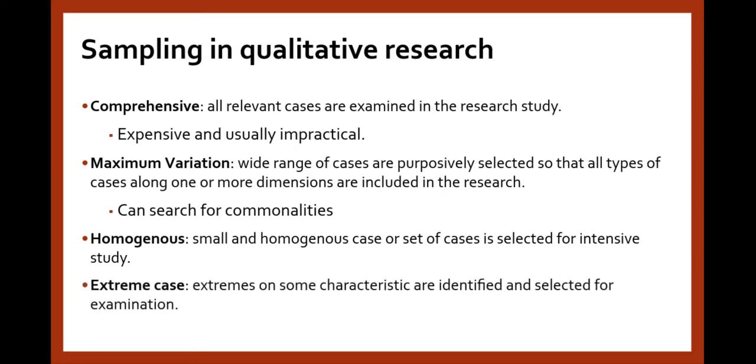Another approach is to look for extreme cases. So you're looking at the outliers and trying to figure out, okay, what's going on with those people in the extremes. Oftentimes, extreme case sampling will occur after a quantitative analysis. So you've done the quantitative statistics, you know what the normal distribution looks like, but you say, hey, there's this clump that's way outside of the normal distribution. What's going on there? Why are they so far outside the distribution of everyone else? And so you'd be looking specifically for those extreme cases.